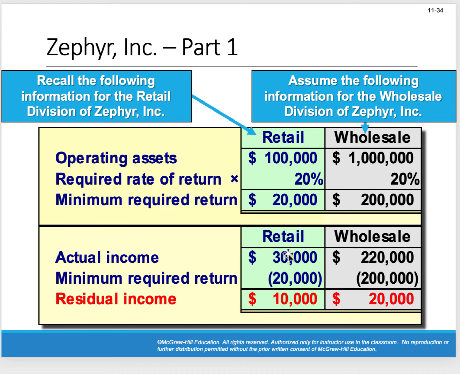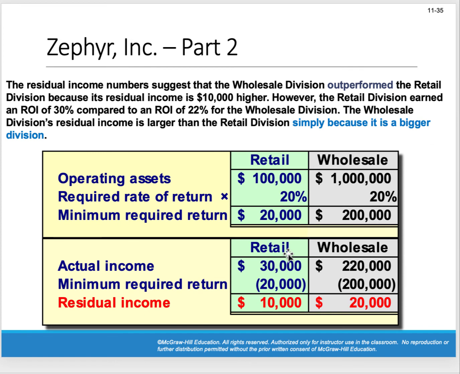Their residual income is $10,000, right? But look at the wholesale division. The wholesale division has actual or operating income of $220,000, but their minimum required return is $200,000. So their residual income is higher, right? Does that mean that the wholesale division is more profitable and better than the retail division? Well, not necessarily. We can't tell, right? We're not comparing apples to apples here, right? So that's the main disadvantage of the